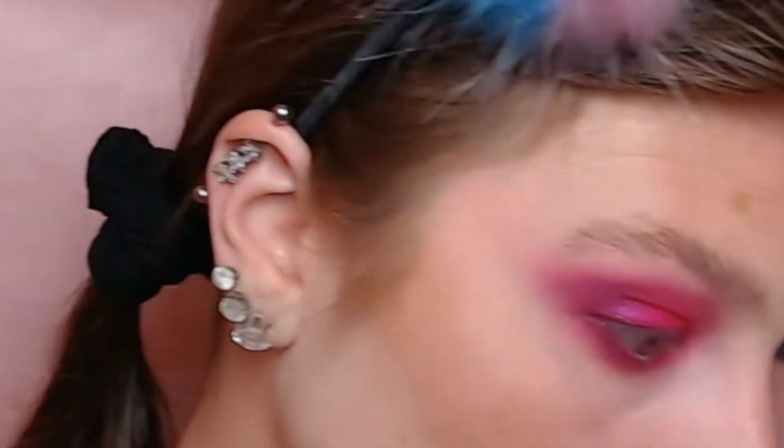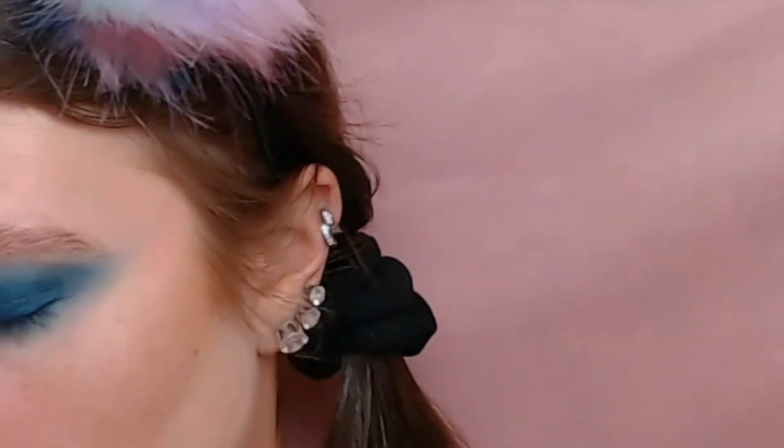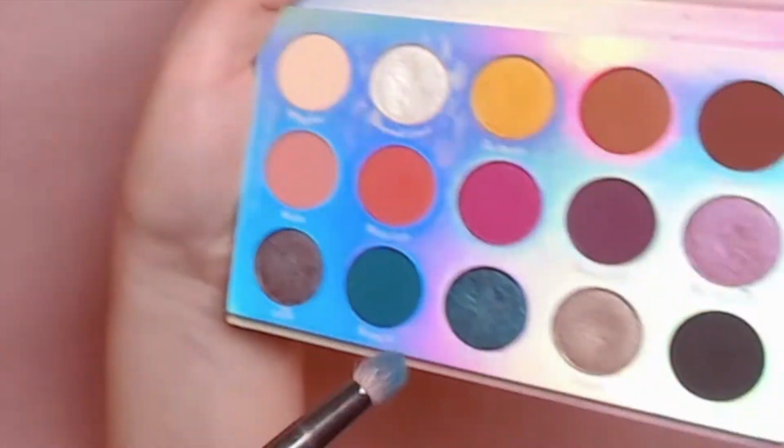Okay, now I have to blend that in because it looks a little crazy. That's okay. So I'm going to go back into the shade...